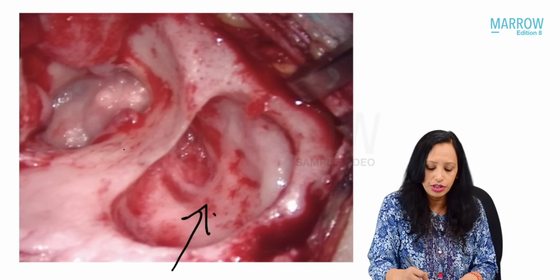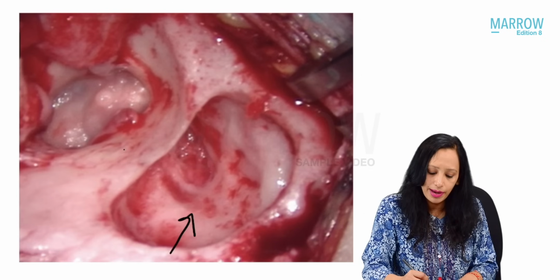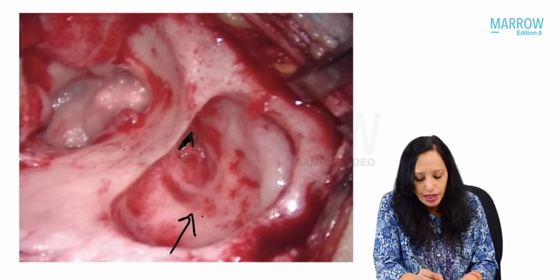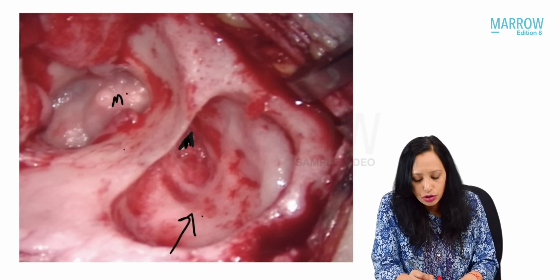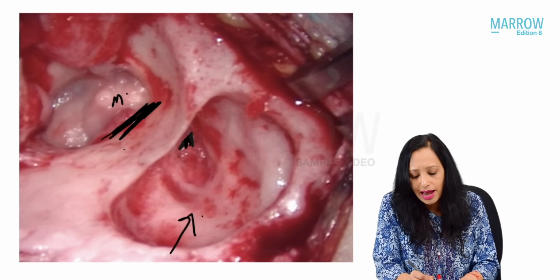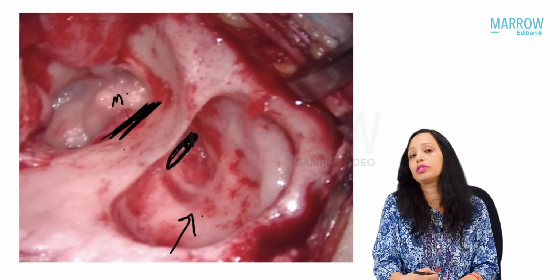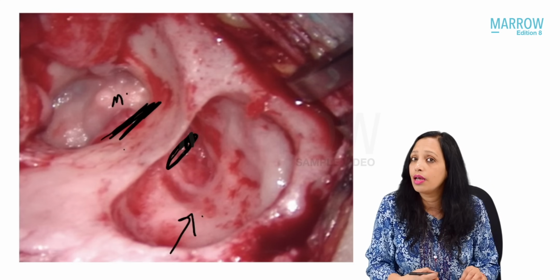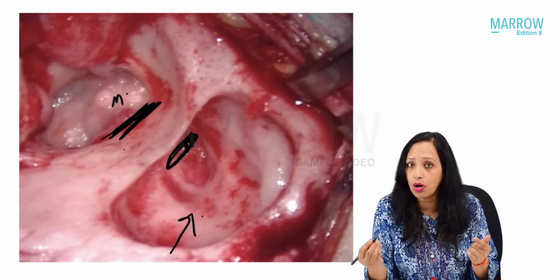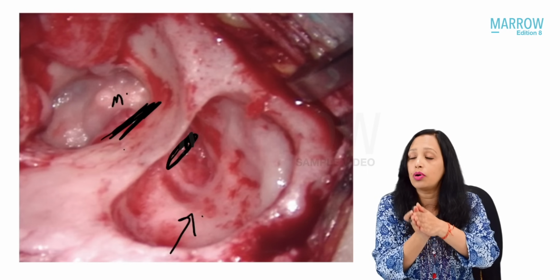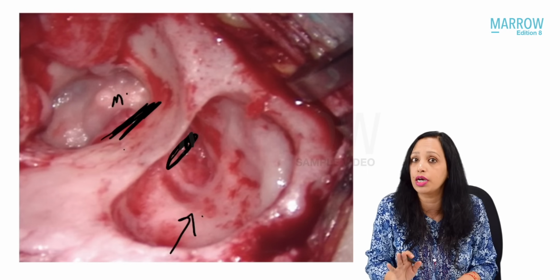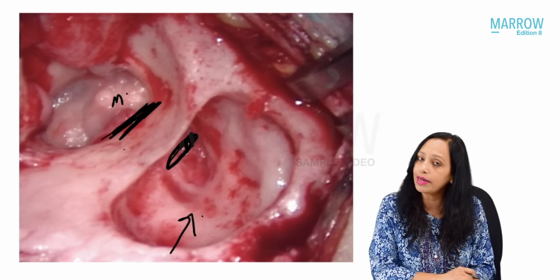Okay. So, now I am changing my surgery. I have opened the mastoid, removed the disease from it, and now here in between the middle ear and the mastoid, we have the posterior wall of the middle ear, right there. There I will make a small opening in the facial recess area. Now, which is the surgery that I am doing? Yes, now I am doing the intact canal wall. Why is it known as intact canal wall? Because the posterior canal wall I am leaving intact. I am just making an opening there. I am not removing all the posterior canal wall. That is what surgery? Intact canal wall.